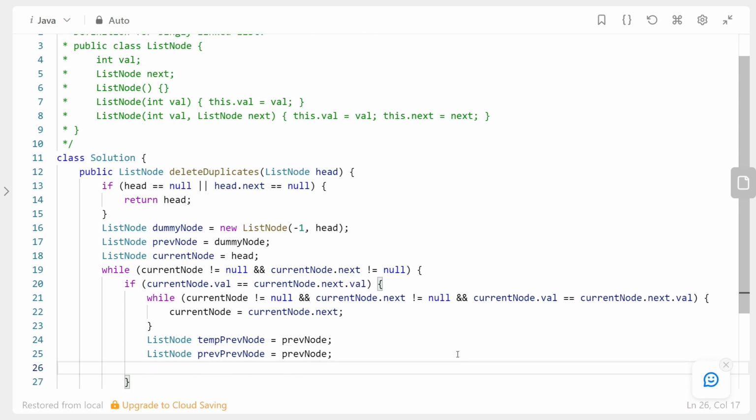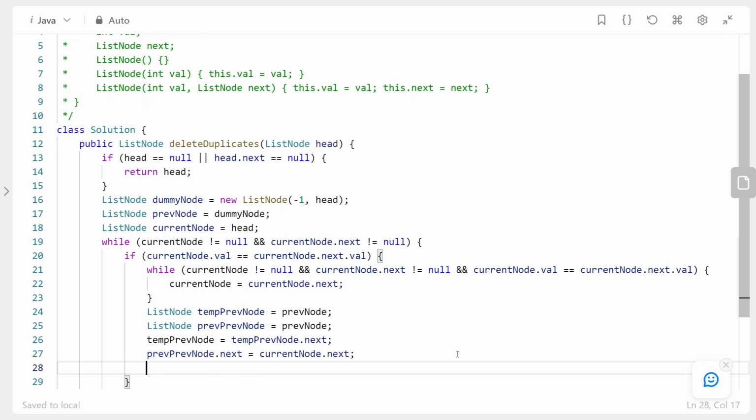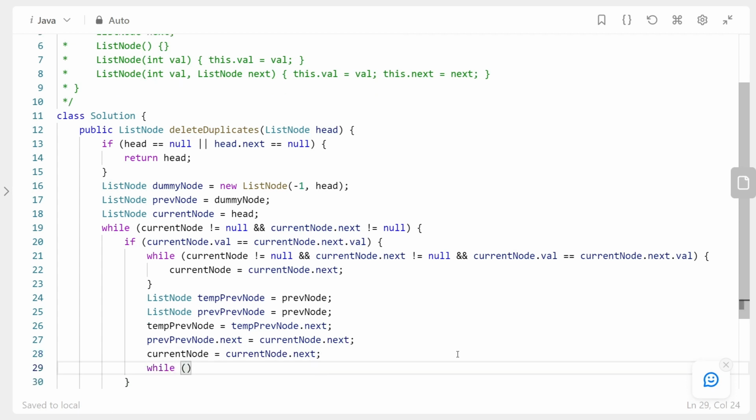And then we said temp previous node set to the temp previous node.next, and then the previous node.next was equal to the current node.next, and then our current node was pointing to our current node.next, and then we deleted